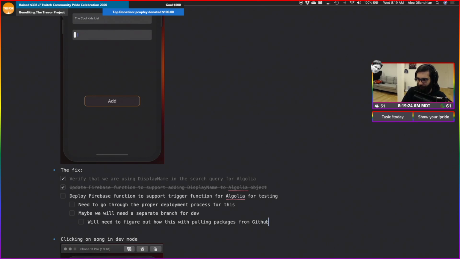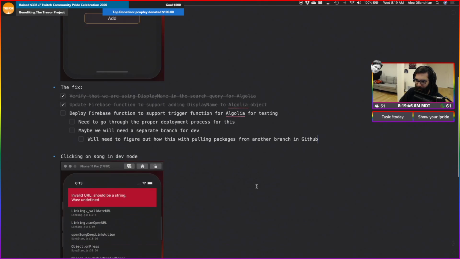Yeah, that's the only big problem, right? It's how can we do this in a way where we can pull packages from another branch? Because that's how Golang works, right? We create our packages, we upload them to GitHub, and then yeah, we do that. So I do think that we need to do something along those lines.